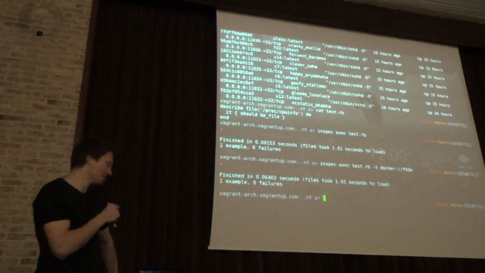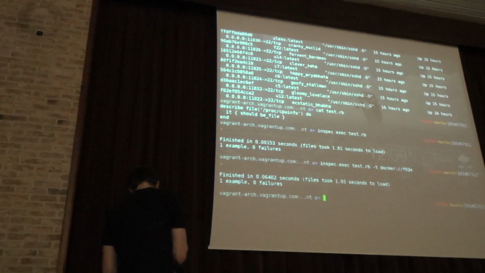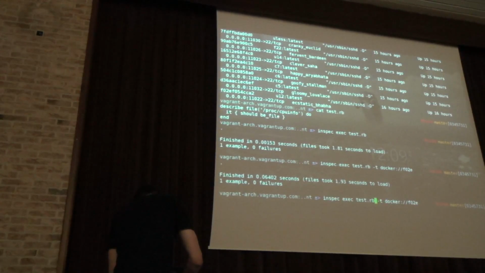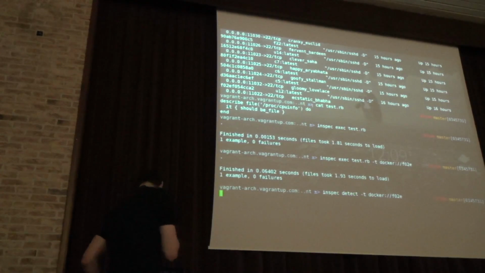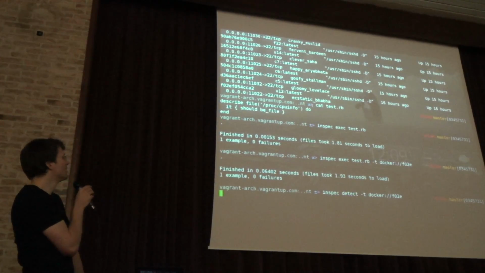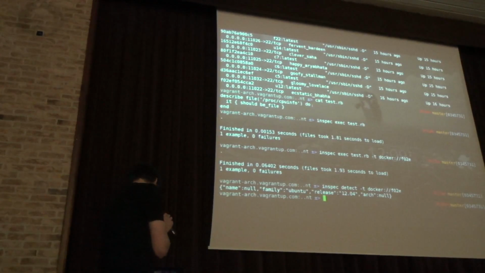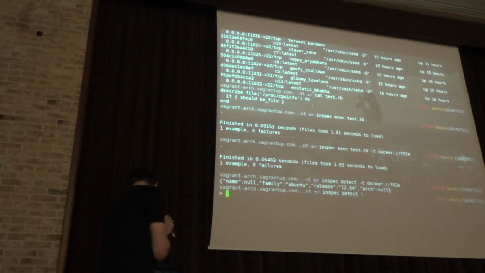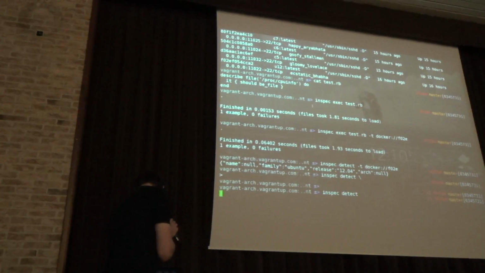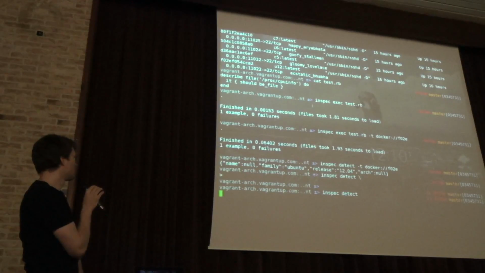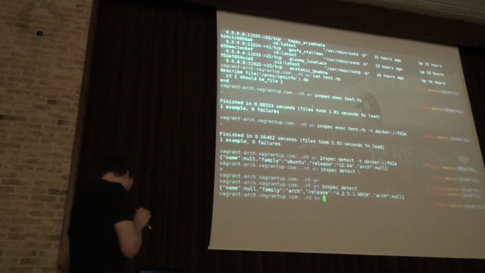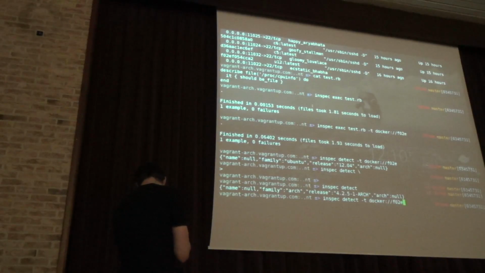So one of the ways to find out whether you're actually targeting the right thing, InSpec has a detect command, which I can point to my target as well. That's going to tell me that, yep, this is an Ubuntu box actually, because my local machine is actually an Arch Linux. Here we go. And there's another thing which is great in InSpec, which is helpful for debugging.